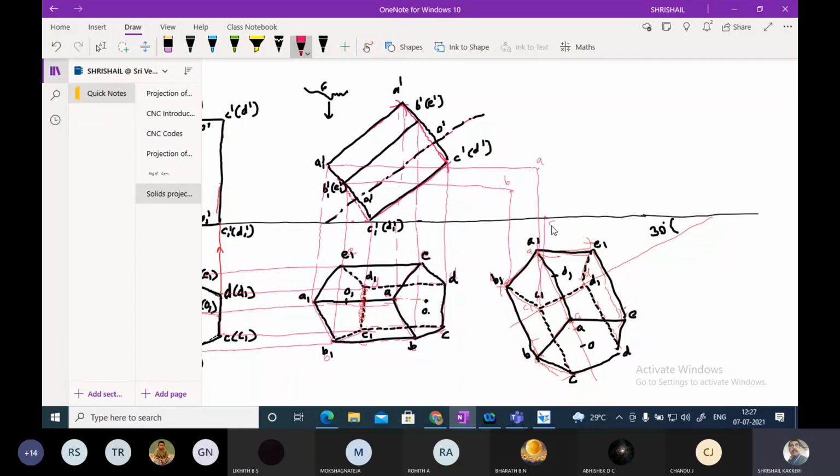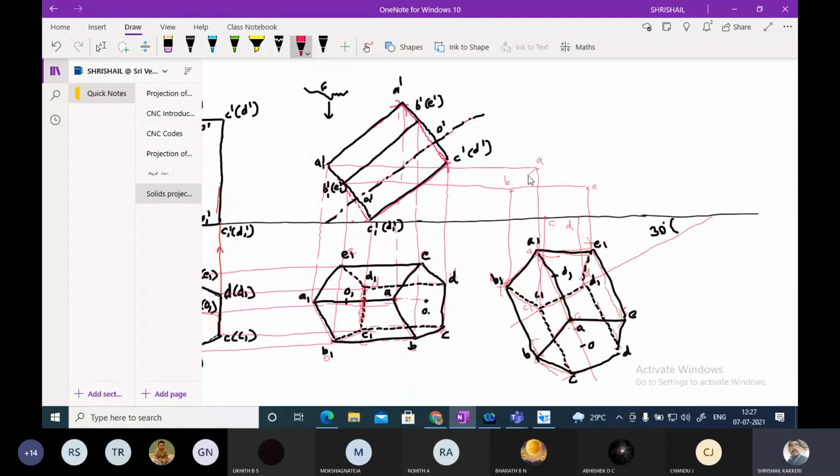Okay, this is point C, and the other point D, the D will be coming here. Okay, D is coming here, and E is on the same line.